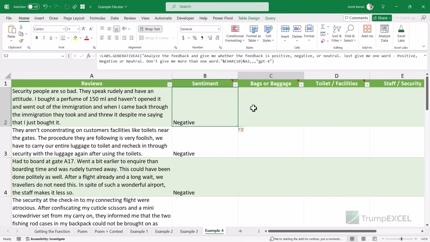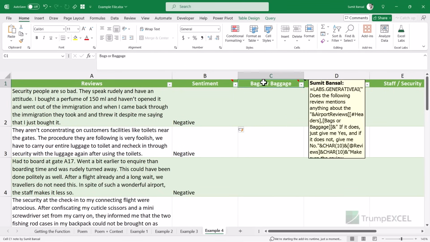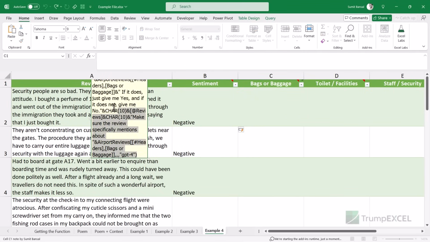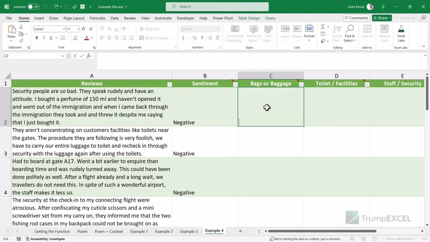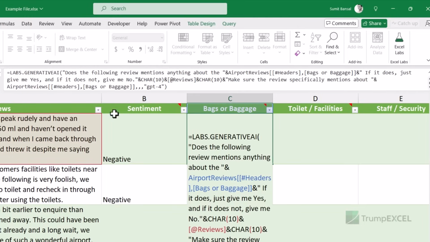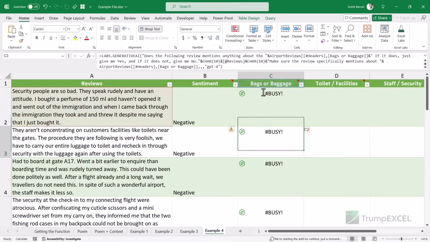Similarly, here I have this formula where I want to quickly analyze whether this review talks about baggage or bags or not. The formula here is: does the following review mention anything about this header, which is bags or baggage? If it does, just give me yes, and if it does not, give me no. And then I've reiterated it again: make sure the review specifically mentions bags and baggage, and I'm using the GPT-4 model. And now when I hit enter,